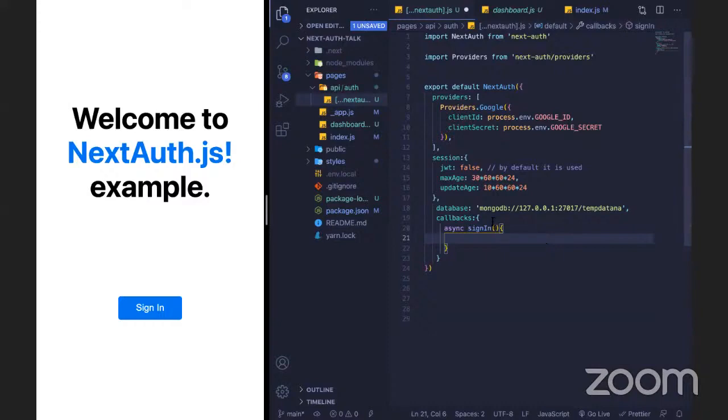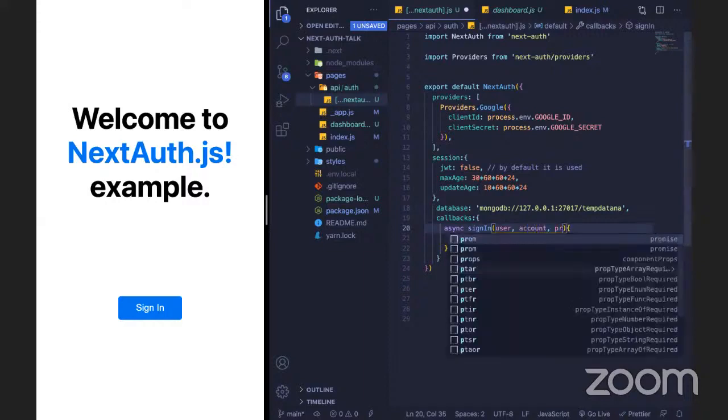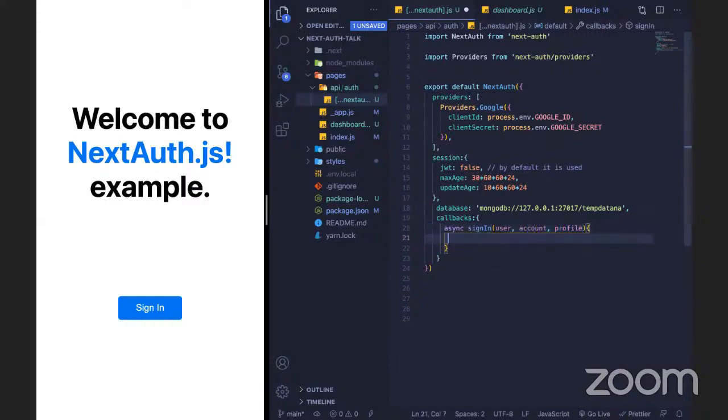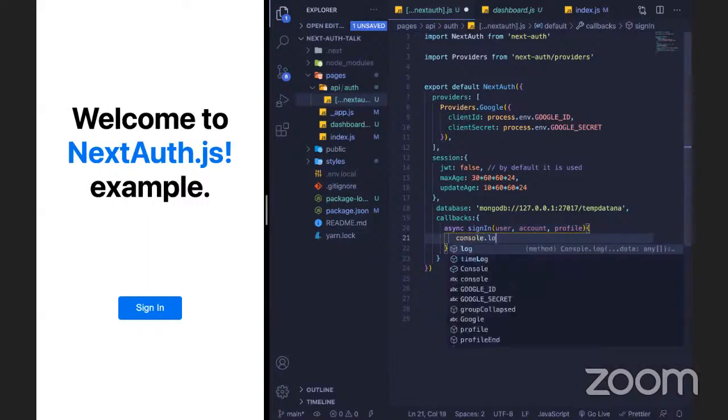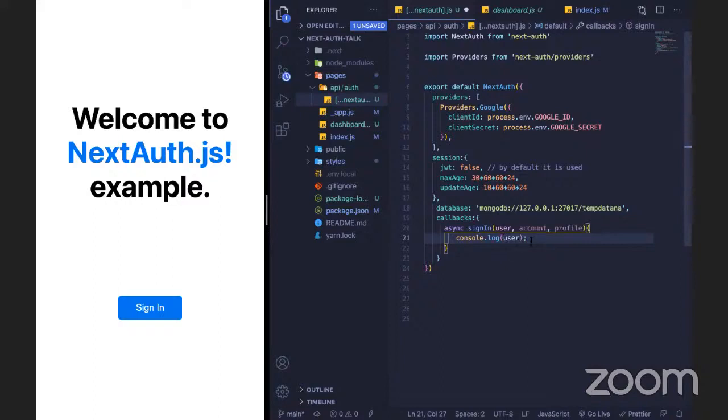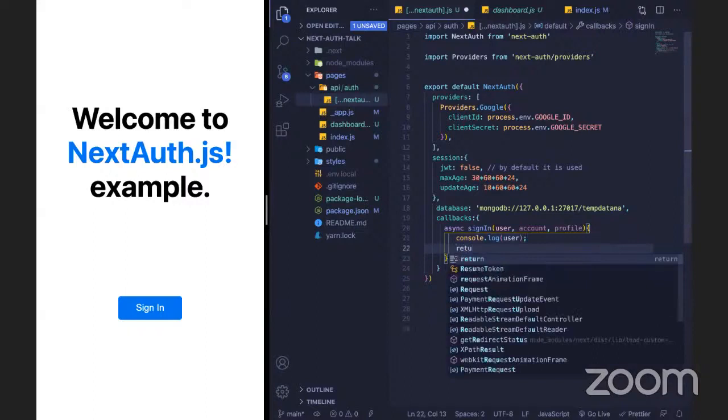I can check here. There are 3 parameters provided here. Profile: if you console log the profile, you will see the name of the user, the image associated with the user, and the email ID. From here you can check whether the email ID you're getting from the user object belongs to a particular domain or not. On that basis, you can decide if you want to allow that user to log in or not.